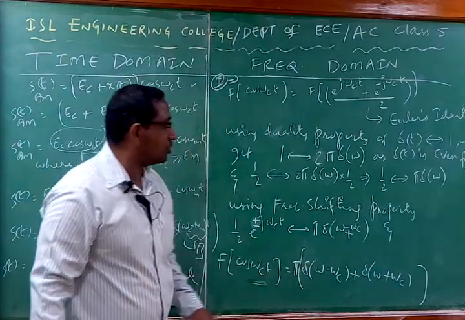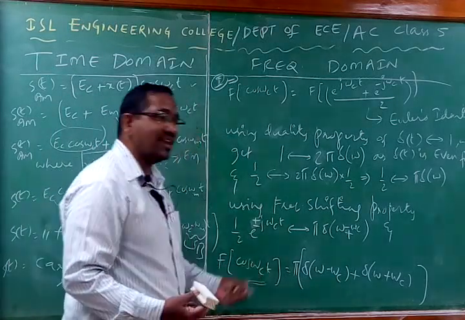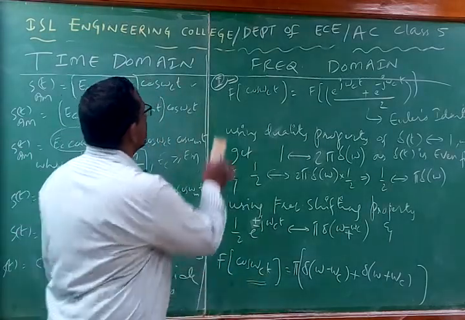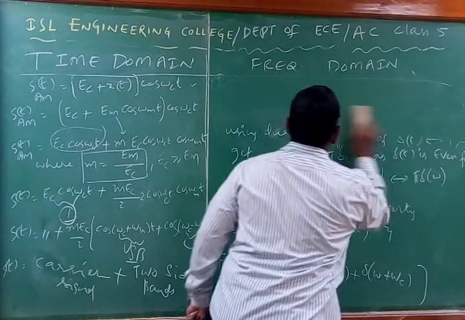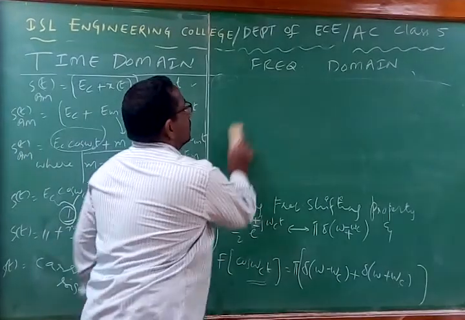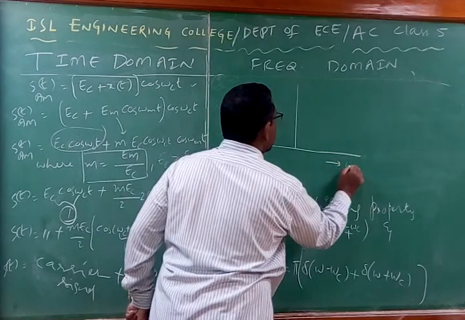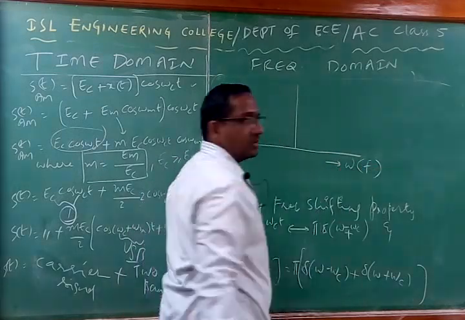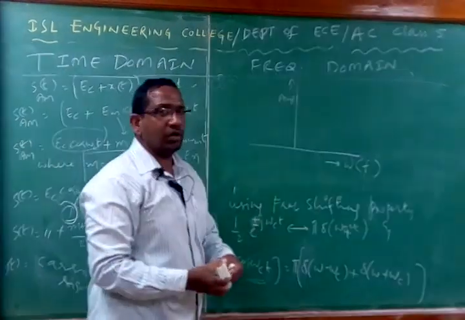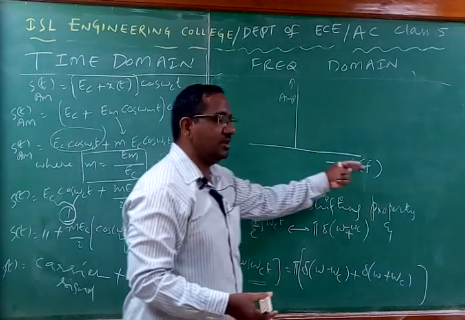So this is the frequency domain representation of the carrier signal. Now how can we draw the frequency spectrum of this? We can draw it something like this. Frequency response means the response with respect to omega, or with respect to frequency. On the y-axis, you obviously have the amplitude. On the x-axis, you have frequency. If it is the time domain, the x-axis will be time. If it is the frequency domain, the x-axis will be frequency.